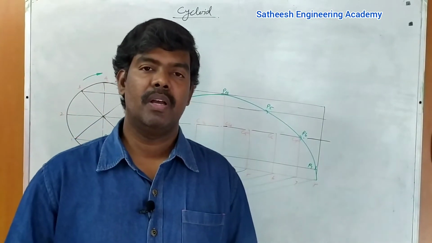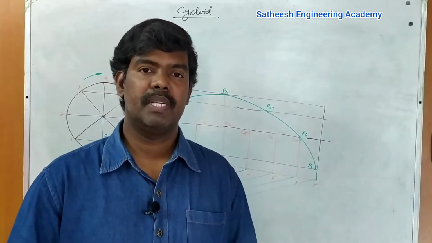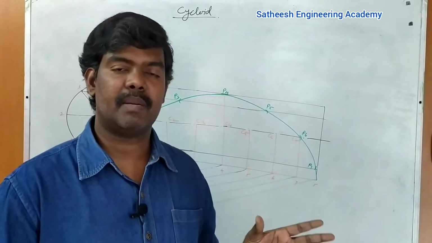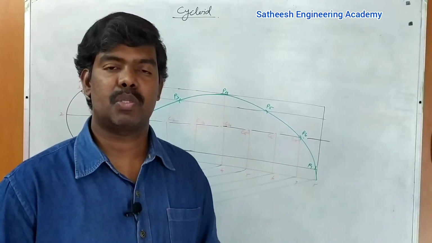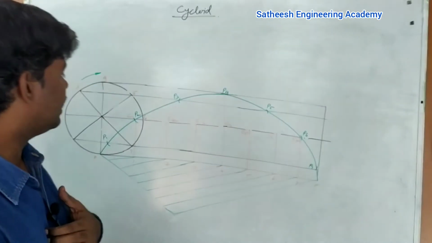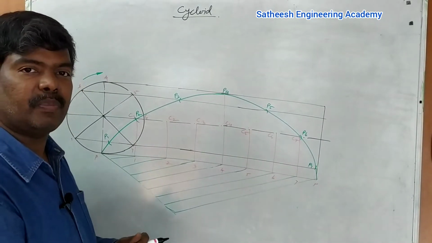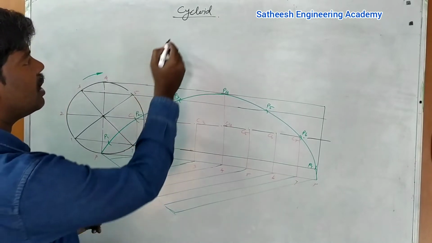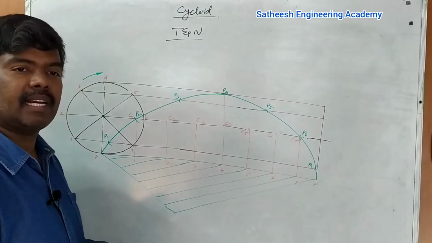In the last video, I hope you learned well how to construct cycloidal curves, especially the cycloid. A cycloid is nothing but the curve traced when a generating wheel rolls on a directing line. You know the construction of the cycloid, and finally you got this answer. Once again, you can refer to the previous video. Now, in today's class, we see how to draw a tangent and normal for this given cycloidal curve.